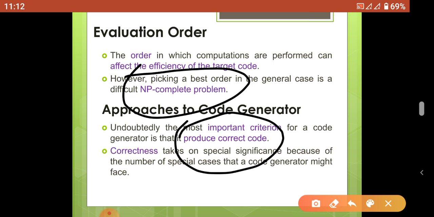That is the approach to the code generator. So in this topic we discussed what the issues are when we generate code generators, what the input possibilities are, what the output is when we select the correct output and input, and what the functionality is, that is memory management, register allocation, instruction selection. In what way these operations are performed to convert the input into the output.